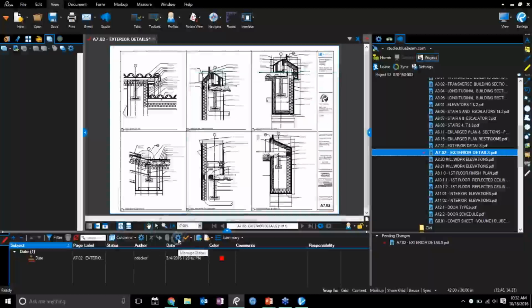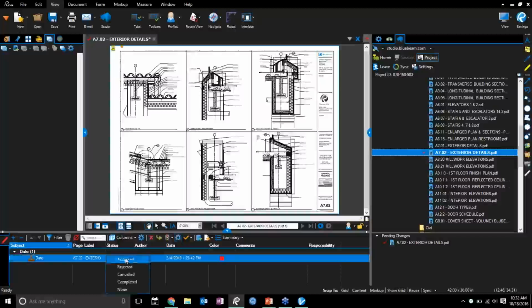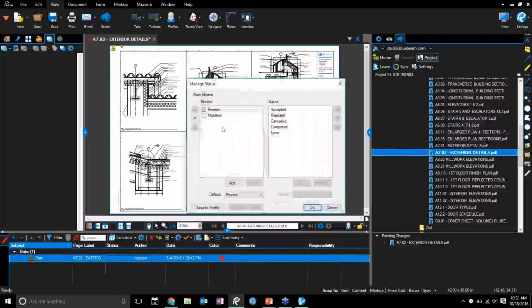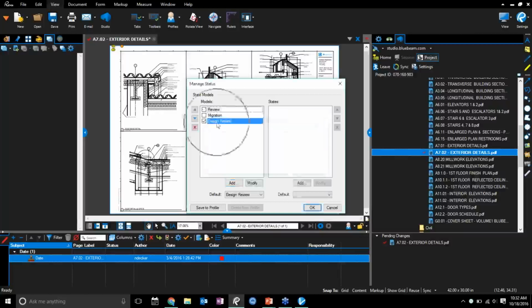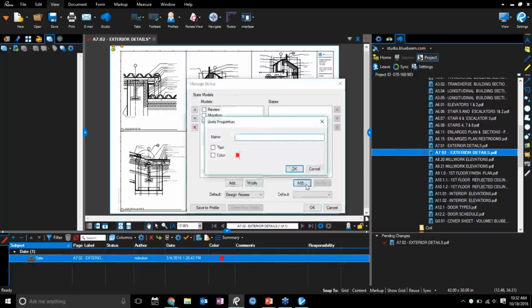Also, before I get too much further, I want to manage the statuses that are available within this. Now, the status column, by default, will populate with just these 5 options: accepted, rejected, canceled, completed, and none. Now that may be sufficient for what I need, but I have the option as well to create my own status options. So I'm going to go ahead and say Design Review as my model that I'm going to populate with a handful of options, and this could be something as simple as